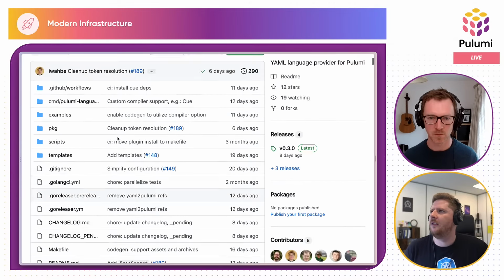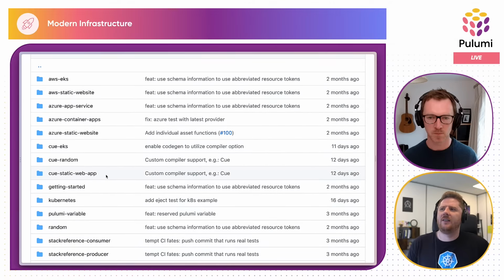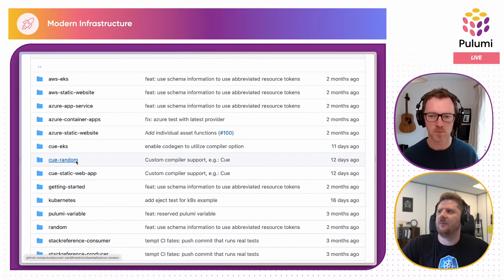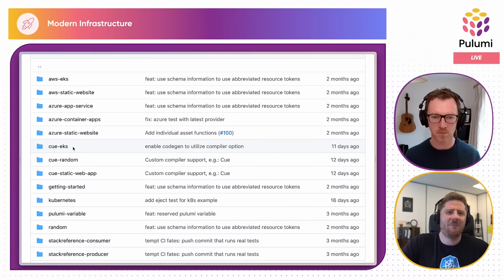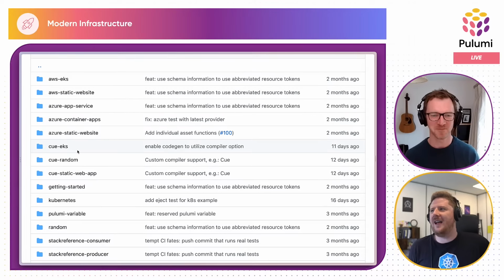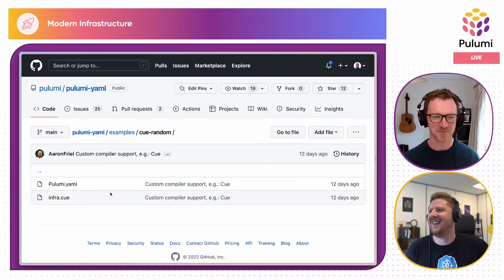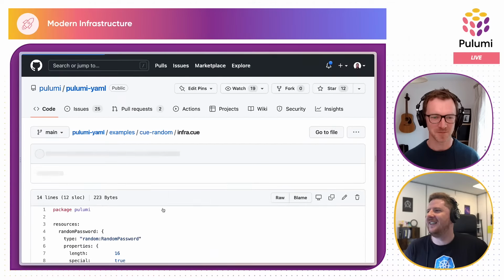But what we want to look at is examples. And there are 3 here that I worked on. We have using Q to generate a random string or integer using the Pulumi random package, deploying an AWS static web app, and then my favorite one, deploying a complete Kubernetes EKS cluster on AWS with Q. So I think we should probably start with the easy one first, right? All right, info.q.